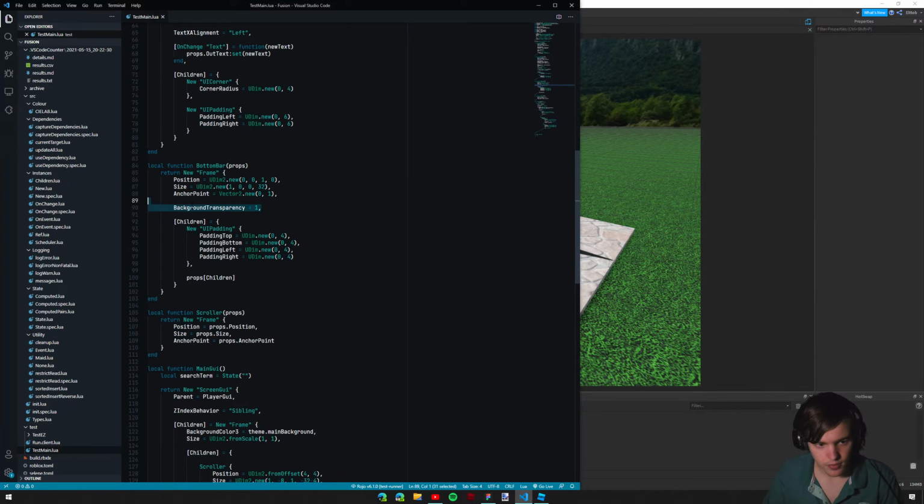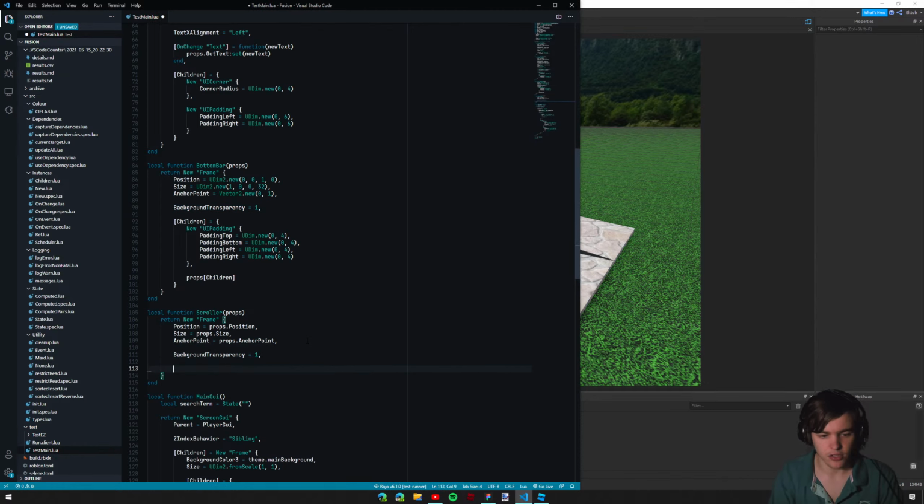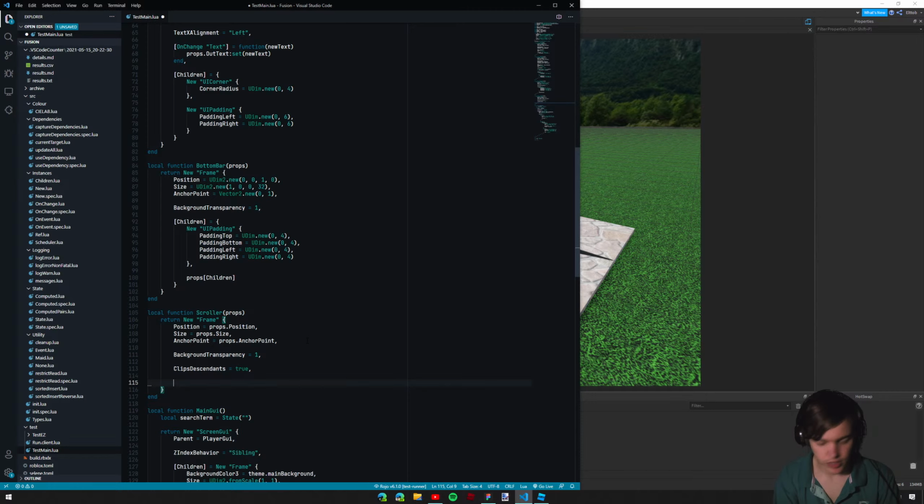I really did not need to copy that. I could literally have typed that out just as fast, but so we'll have background transparency there. Clips descendants, yep, it's going to be scrolling. So now we're going to add 2 children to it. We're going to need